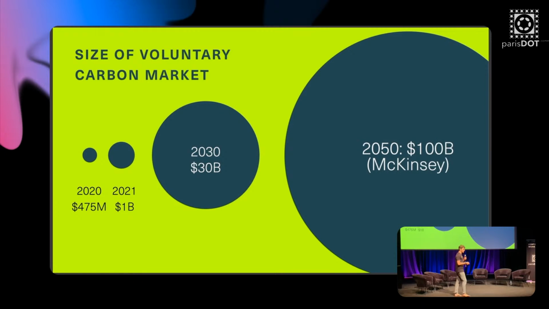You can't fuel your car with carbon credits or feed your family. It's not a security. It's not meant to be a security, at least, right? You don't buy it to hold and then earn money on it. You're meant to retire it, though some people do buy it to hold and earn money on it. And it's not necessarily philanthropy, though it is a transfer of wealth from those that have to those that need, because it's somewhat compliant. There are areas where you have to buy carbon credits to a certain extent.